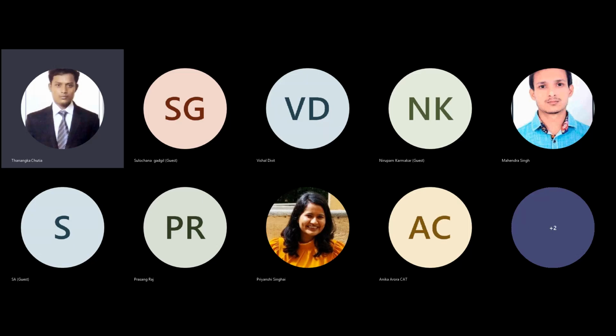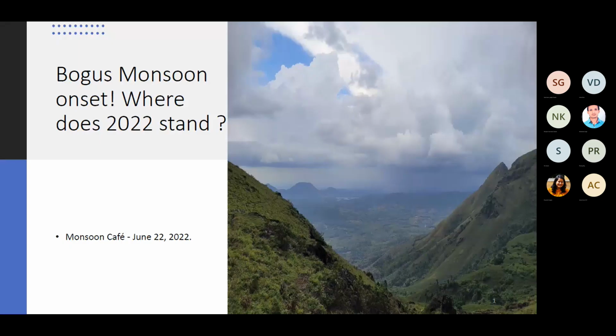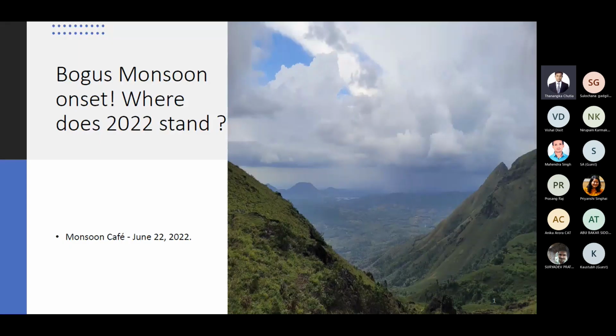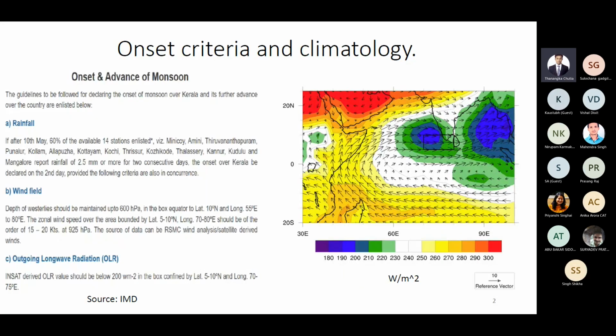Monsoon onset, and I will also be discussing where 2022 stands in terms of bogus monsoon onsets. So let's start the discussion. This is just to give an idea of onset criteria as defined by IMD, and on the right, I plotted